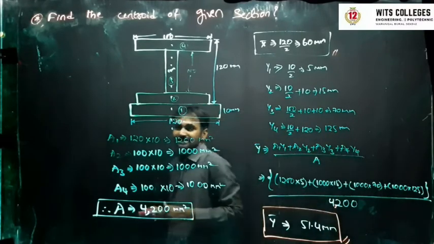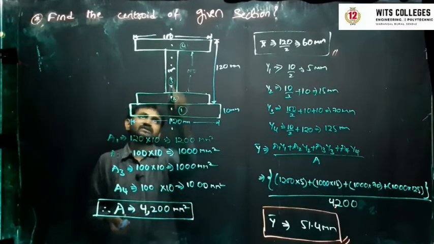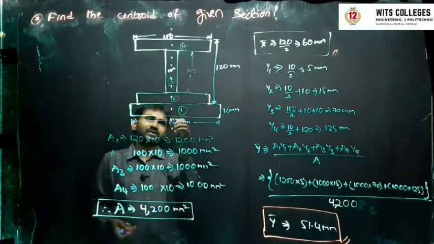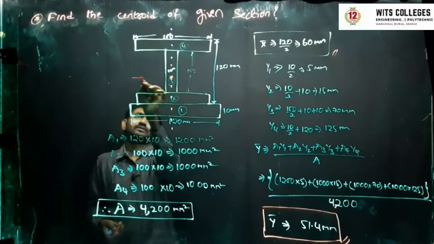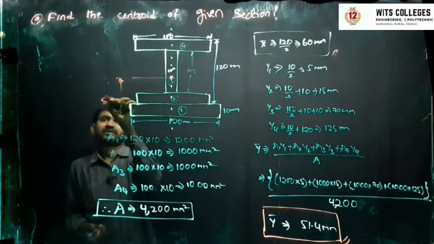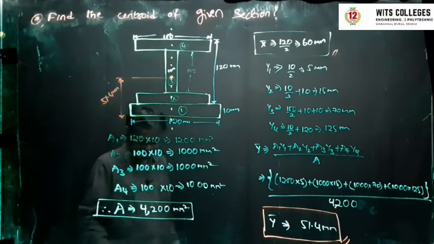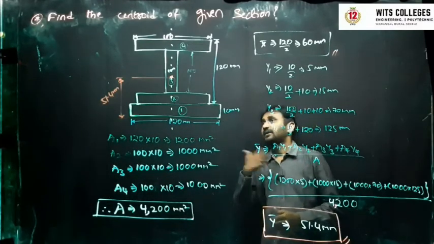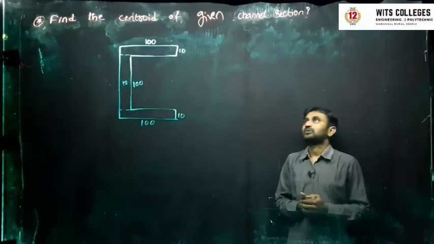Let me mark here the centroidal distance in this. So x bar equal to 120 by 2, in the sense 60. 60 in the sense obviously it will fall in the center. Then y bar in the sense 51.4. 51 means 10, 20, somewhere over here. Let me check here. Yes, from this height it is 51.4 mm. So here the centroid of the figure is going to act. I hope you understand, and now we'll go for one more different case, right? Now let us see one more section.